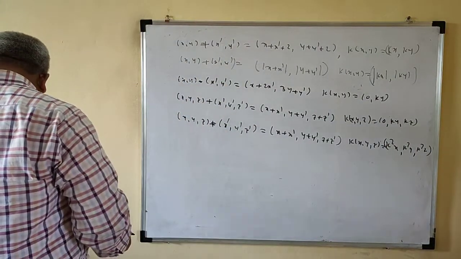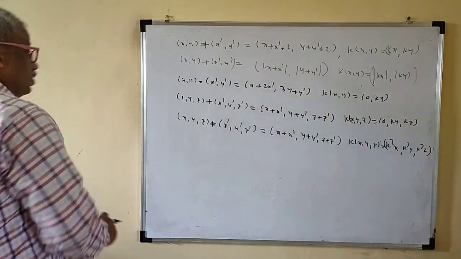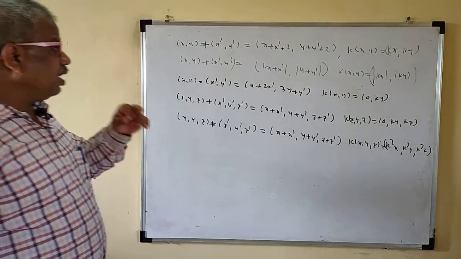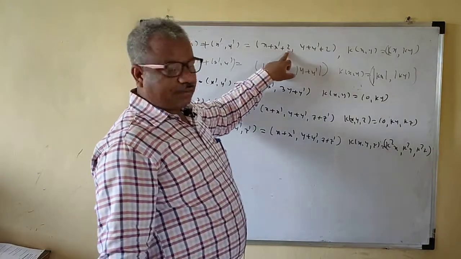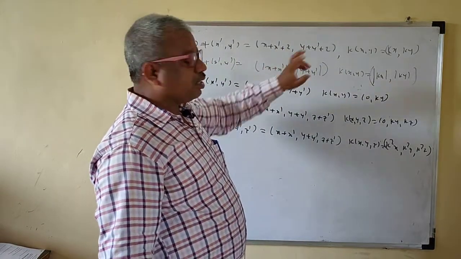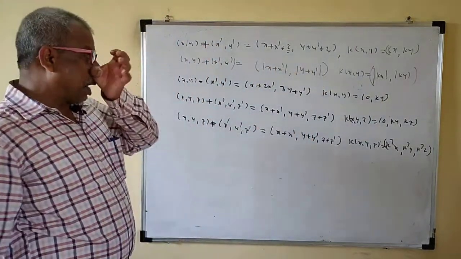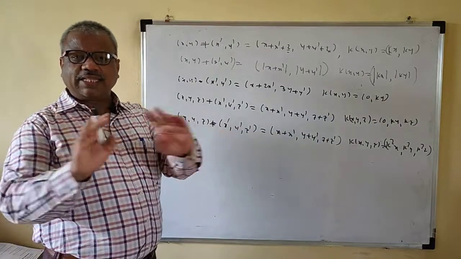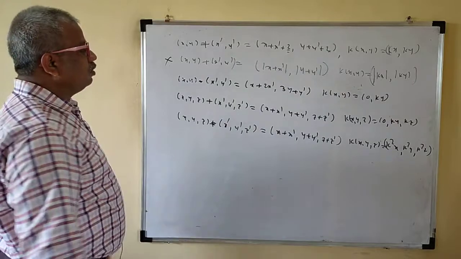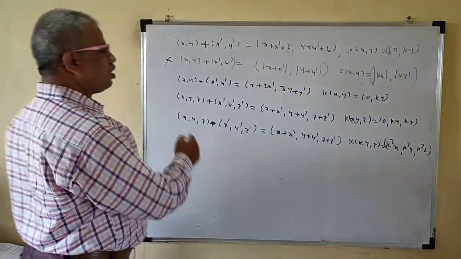Okay, just we will discuss which of these are vector spaces. Now here, plus 2 is there. So this is not a vector space, because here 2 is first added. You can check here: if mod is there, sin is there, log is there, or another function is attached, this is not a vector space. This is also not a vector space, because 1 into (x, y) is not the same as (x, y).